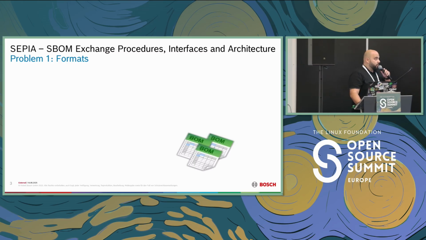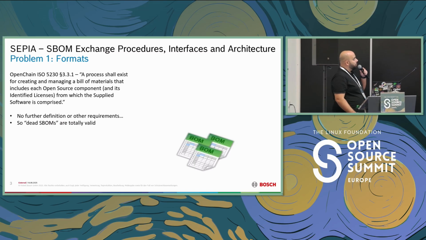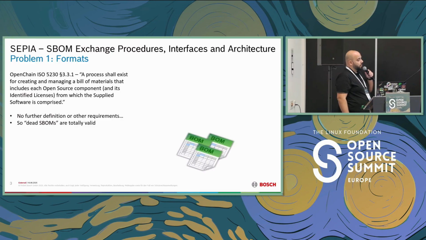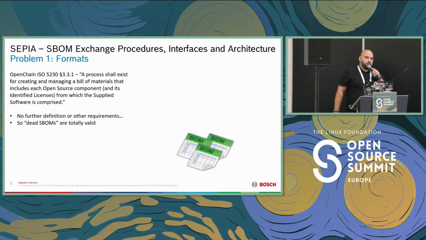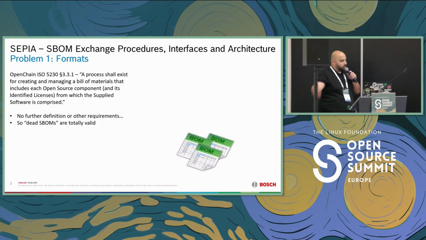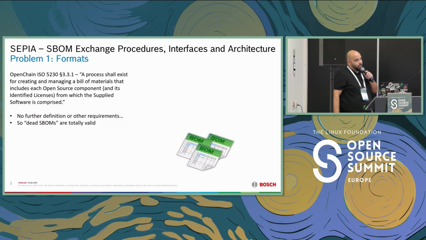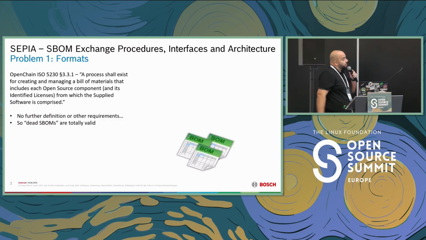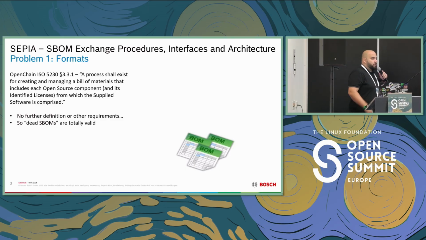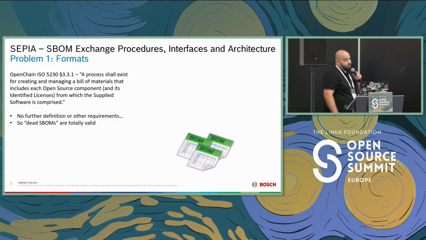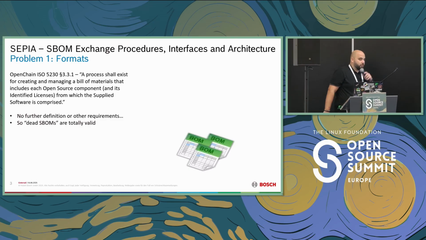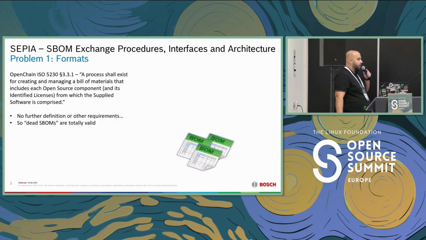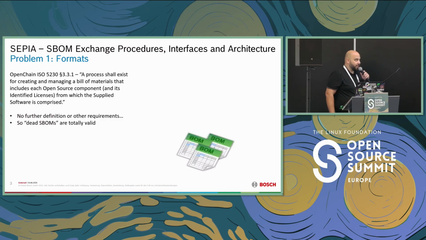So starting with the formats, Bosch in general being an OpenChain conformant company, we regularly do conformance checks, whether for individual units and entities or across the group in general, to ensure our conformance with the ISO. And when the time came to look deeper into the SBOM topic, we looked specifically into that particular section of the ISO. And this is what it says, that a process shall exist for creating and managing SBOMs, and